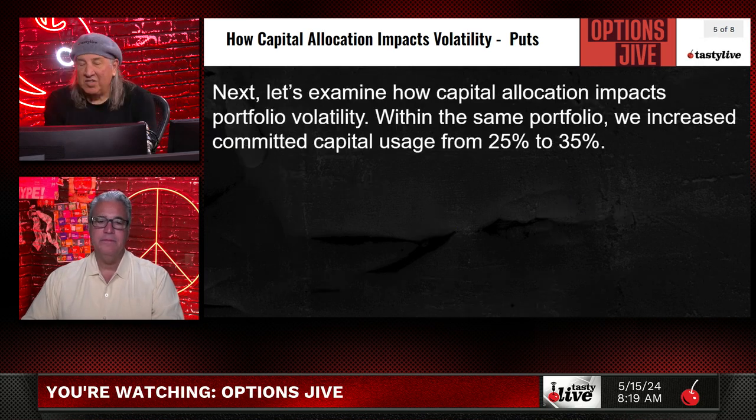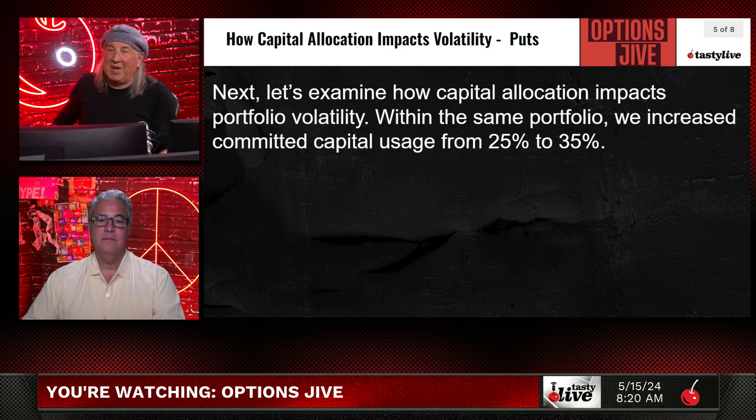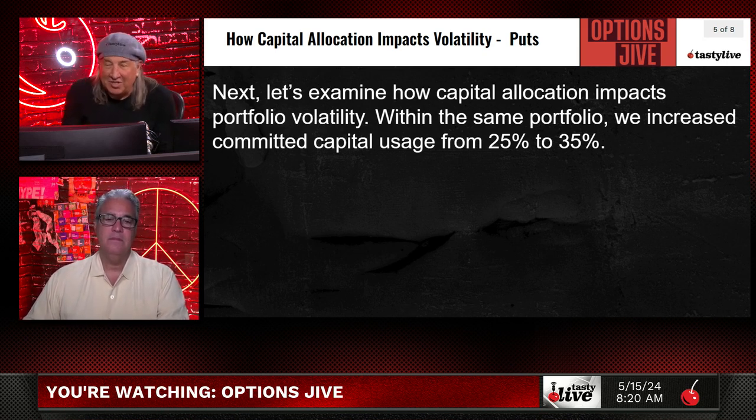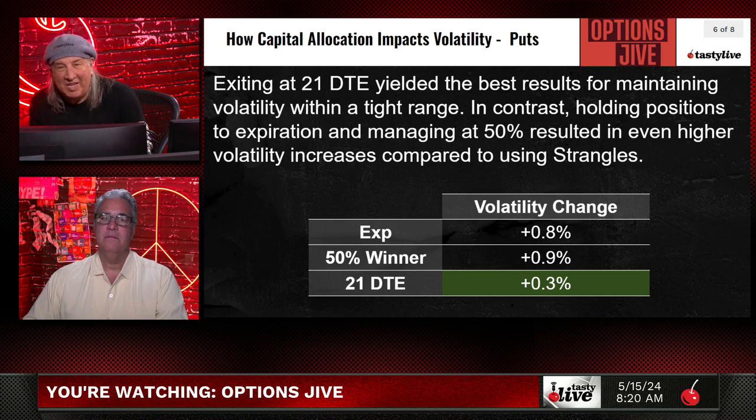Yeah. So now we're going to examine how the capital allocation process impacts portfolio volatility. Within the same portfolio, we're going to increase the capital we commit to the strategy from 25% to 35%. So we're increasing by a significant percentage the amount of capital we're allocating to the same strategy. In this case, exiting at 21 days also provided the best results for maintaining volatility in a tight range. In contrast, holding positions to expiration and managing at 50% resulted in even higher volatility increases than compared to when